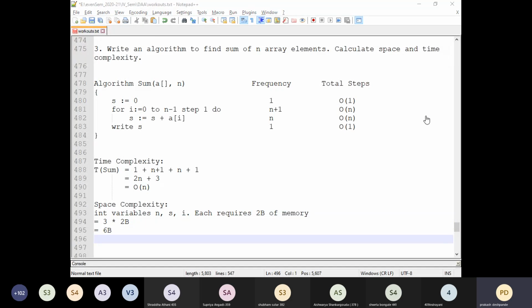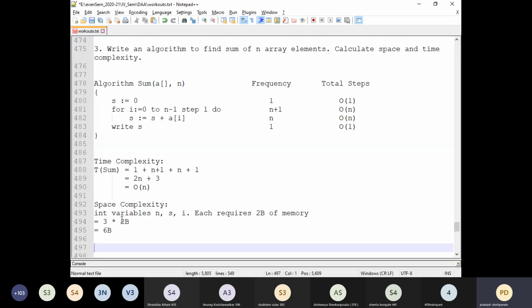Then the next is the array. How can we calculate the space for this array? It is not independent, it depends upon the value of n. So how can we calculate the space complexity for this array? It goes this way. The integer array A depends on the value of n.